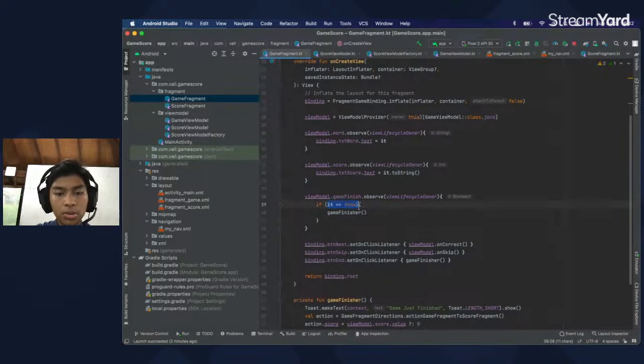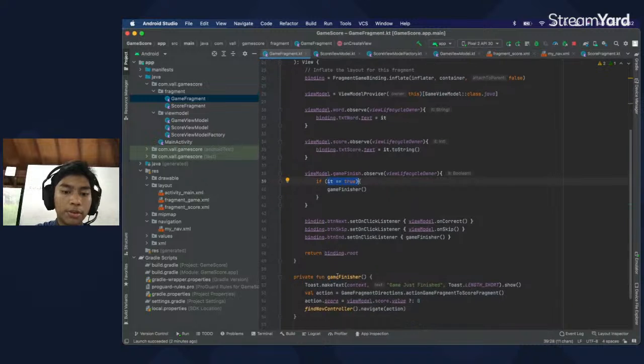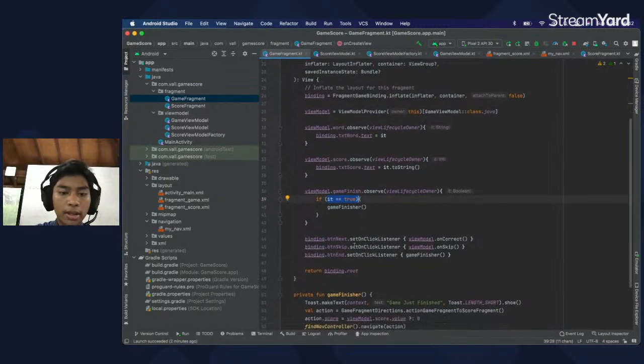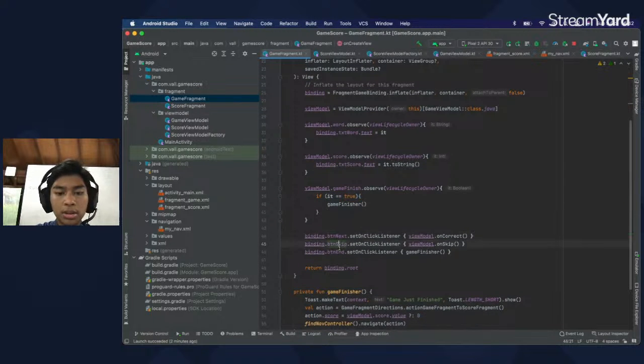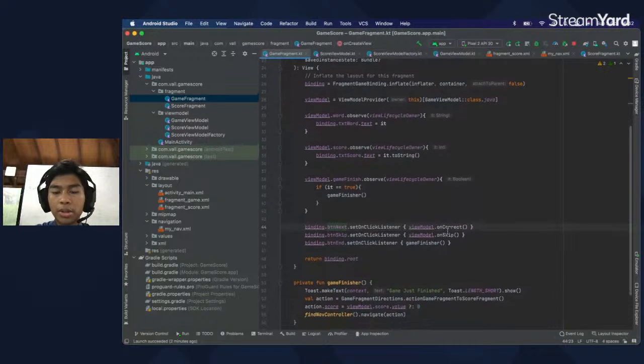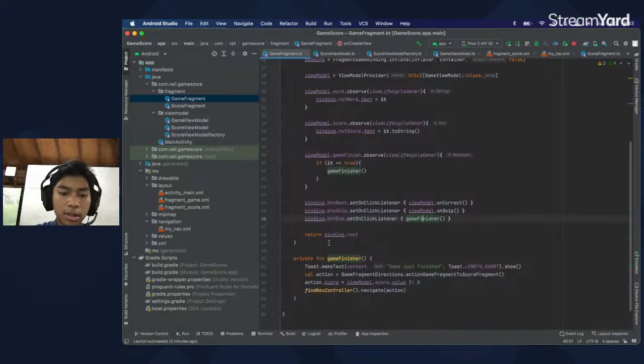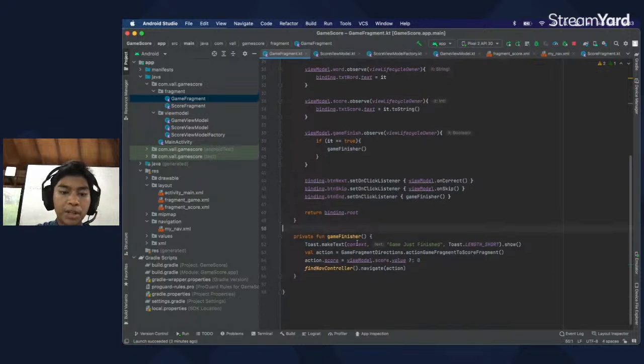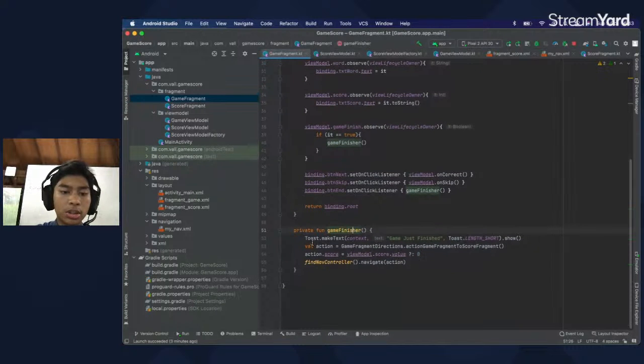If it's true, it will run the game finish. And every button, this button X will run the correct method, and this button skip will run the skip method, and this button N will run this game finisher function. And inside the game finisher function, we will make a toast,